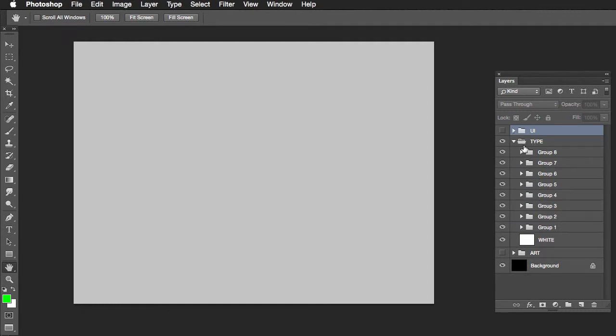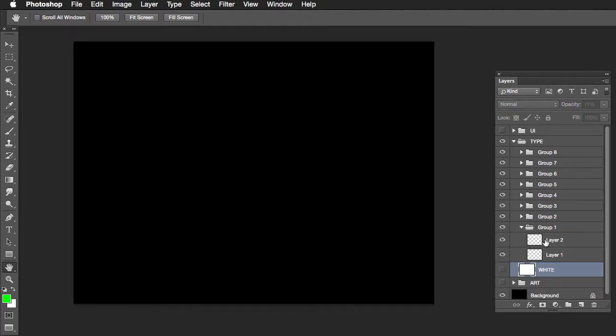For the type, if you open up the type folder, these are type layers all set up for you. There's a white semi-opaque layer at the bottom there, so that you can easily see the type without the art getting in the way. That can be more explained in the text creation video. Each of these folders has a type layer, and then the bubble creation layer,